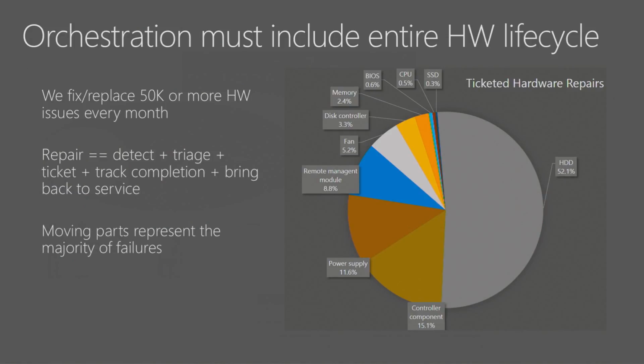One of the key things I do want to talk about is how we manage our hardware. In fact, if you're used to running services, you will know that typically you see about a 10 to 15% hardware failure rate. When you have hundreds of thousands of servers, that's a lot of hardware, especially given the different kinds of problems that you may run into. This chart shows you the number one breakdown and the key major areas that require fixing. As you can see, if you look at hard disk drives, power supplies and fans, essentially things that move,